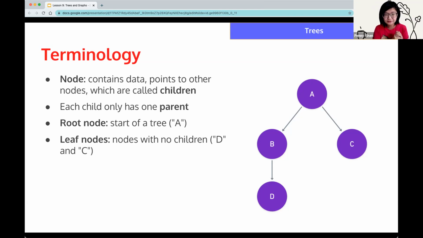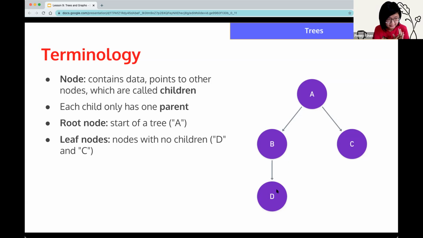And it's useful to point out that for trees, each child can only have one parent. This is actually one difference between tree and graph. In a graph, let's say you're at B, B could have another parent called like Z or something, but in a tree that is not allowed, and that just makes traversing the tree easier and finding information easier. But that's an important characteristic of a tree.